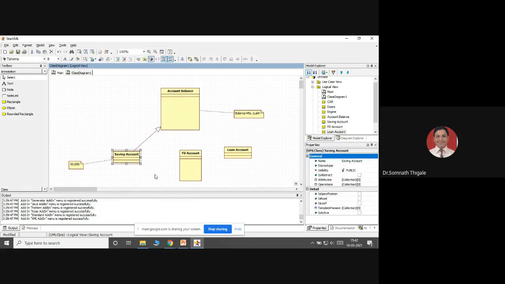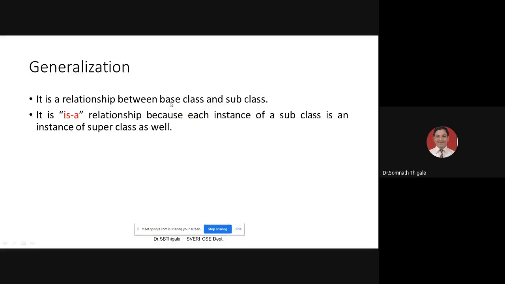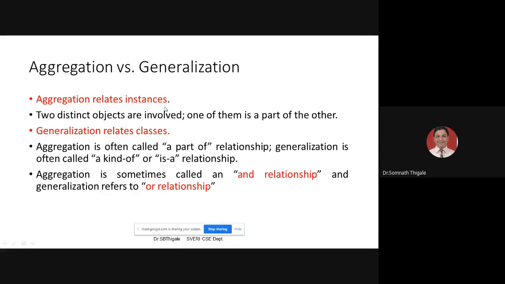I'm saying something very specific. For example, Mr. Mukesh Ambani having a balance of 2.5 crore rupees, this will be a generalized statement. But if I say Mr. Ambani having 1 crore in his saving account, that will be a very specialized statement. So this is generalization, and the reverse we are calling specialization. So this is an is-a-type-of relationship. Remember this as generalization. Generalization means nothing but an is-a-type-of relationship.